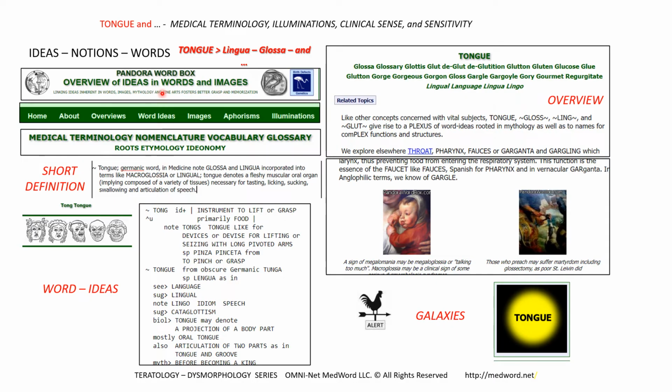As indicated earlier, the contents of these short videos are extracted from our website. And should you visit one of the companion websites, one of several, but this one in particular, Pandora Word Box, you may find that there are several ways you can expand your understanding and find further explanations. For instance, should you visit Pandora Word Box, you can look for short definitions, nomenclature, glossary,